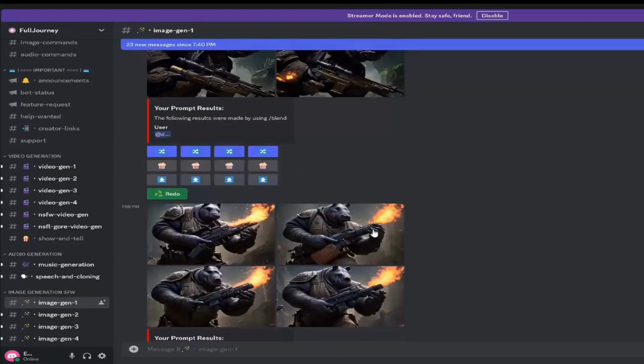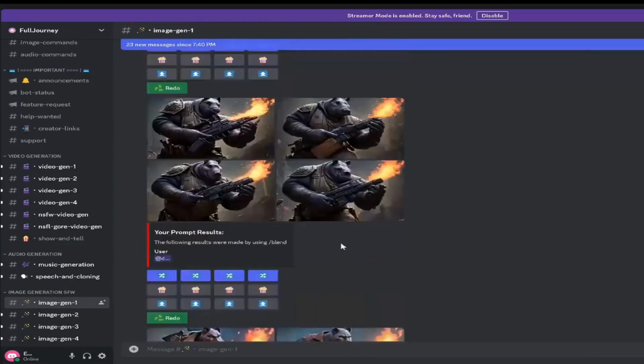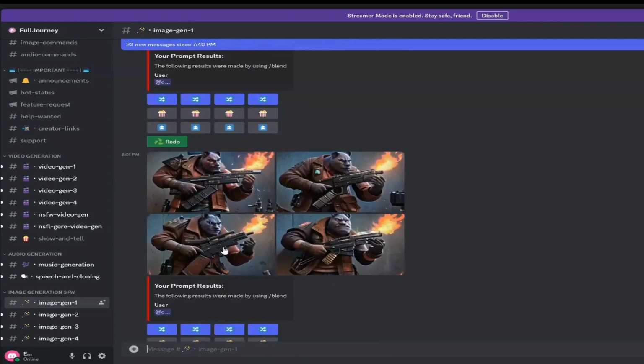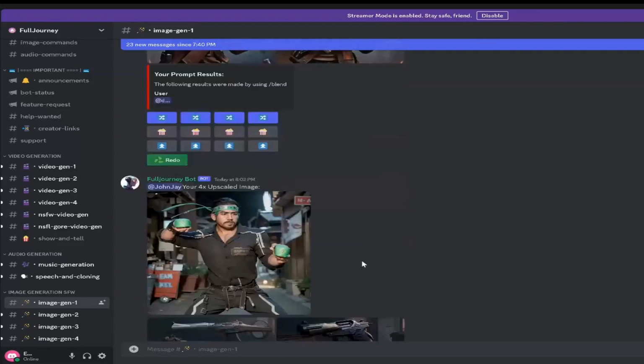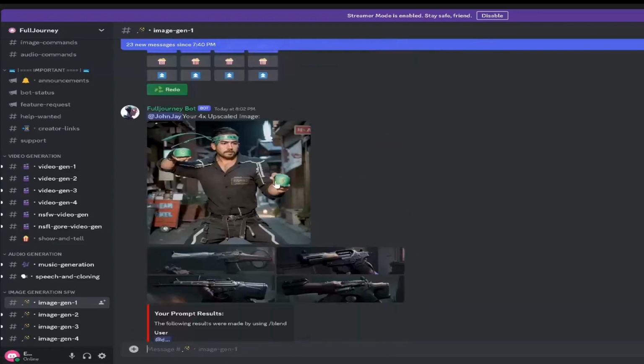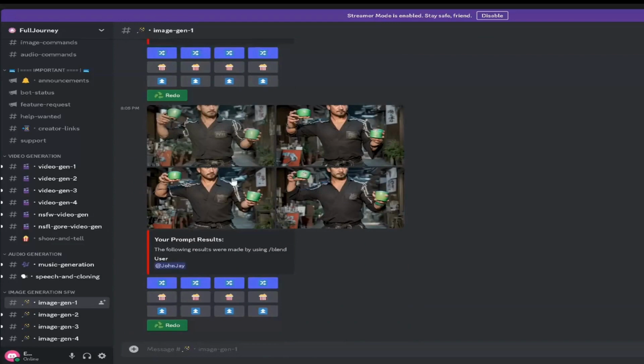They don't quite seem to be on the same scale as far as attention to detail as something like Midjourney, but I think the main draw for using something like Fulljourney is to actually generate your images and then turn your images into videos. So we're just going to play around with it real quick. We're just going to see what this can do, and maybe just see what kind of videos we can get this tool to generate, or maybe stack some of the images that it generates and compare it to some of the images that are in Midjourney with the same prompt.